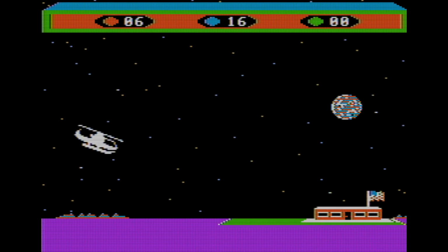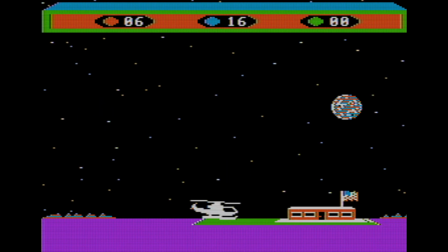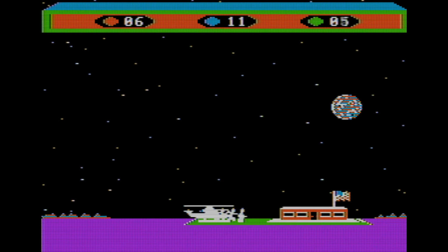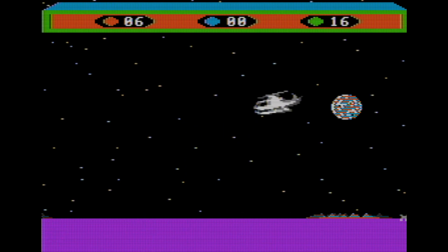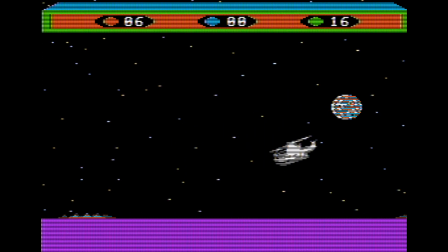With that said, though, I still had fun. It is a fun game. It is a slightly different experience to anything else that we have played. And of course, this was released on computers. We don't see too many computer games that are designed this way. It does feel short, but honestly, that's because I'm bad.